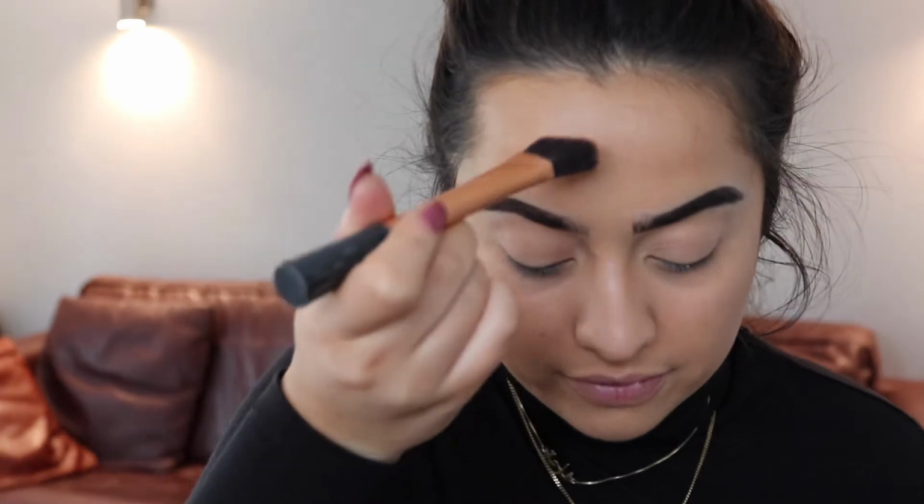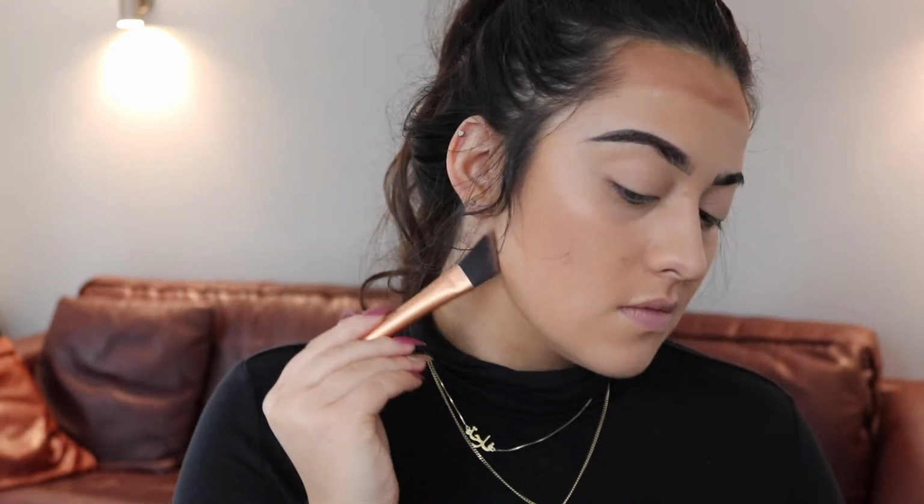Next I'm taking my angle brush, it's the Real Techniques one, and I'm just gonna get my forehead. I'm then taking this little brush here just to contour my nose, because I like to be quite precise with my nose and I want it to look natural but very contoured. I don't know if that's an oxymoron, but